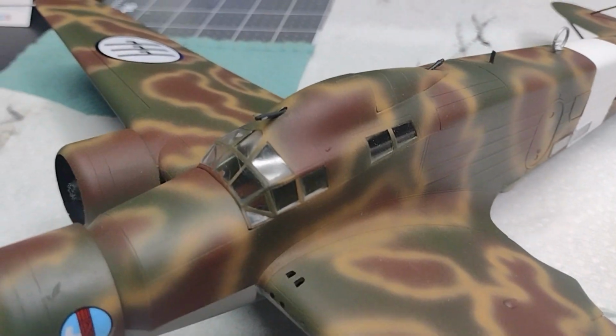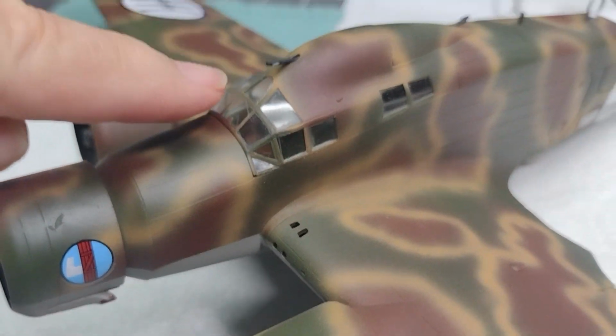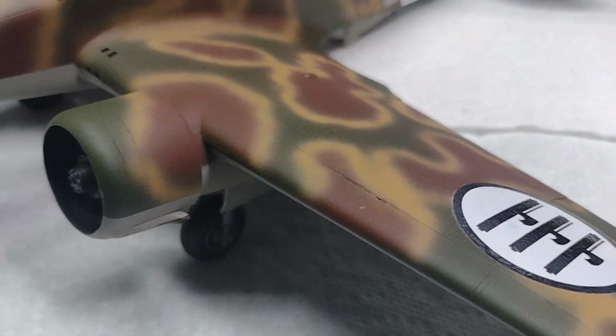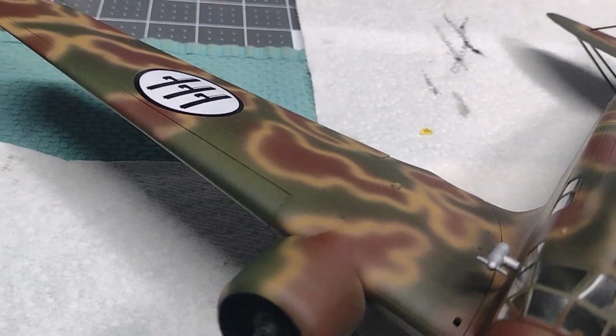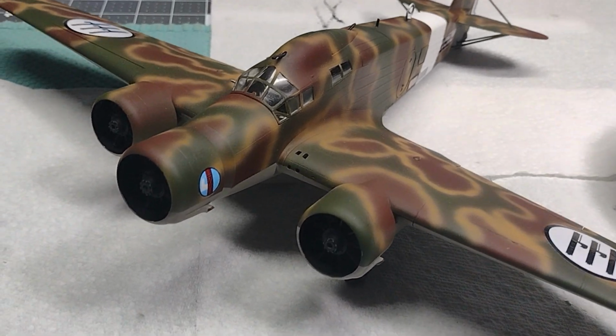So yeah, a little touch-up painting to do here. This machine gun right here. Touch that up with the black. Maybe a couple other spots here, and there's spots here and there that kind of got scratched or something. I don't know. But anyway,